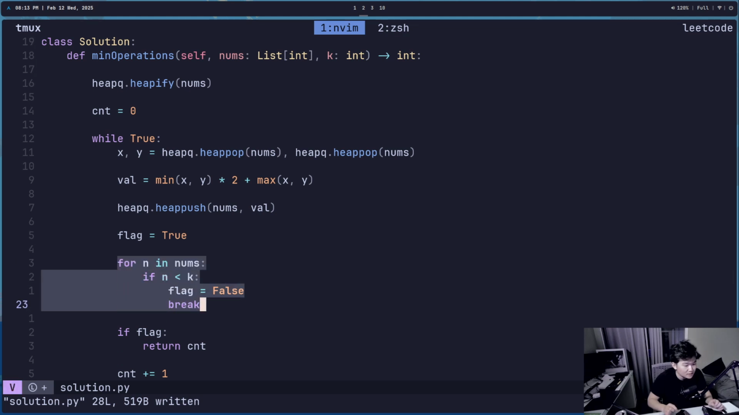Like, this is the thing that's gonna check if we need to continue, right? For every n in nums, if n less than k, flag equals false. If flag, right? Like if all the numbers are bigger than, it has to be strictly smaller than k, then we're good. Then if it doesn't ever reach this, then